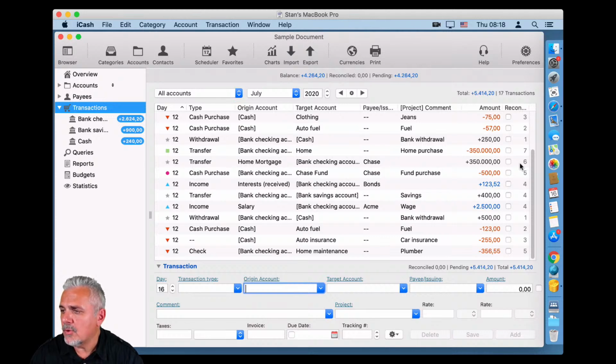So let's see the second trick. It is how to enter a full transaction with auto completion. It is similar to what we just talked about a few minutes ago. So you enter the date, you go to the origin account, and you can then start entering a transaction, for example, bank